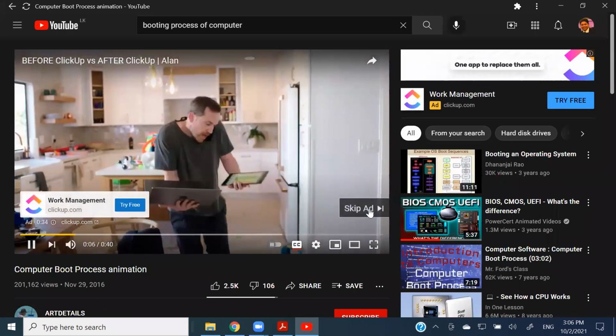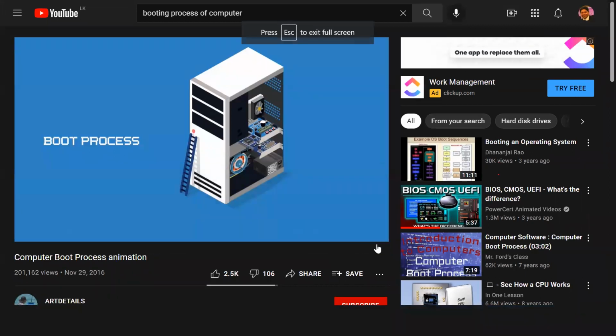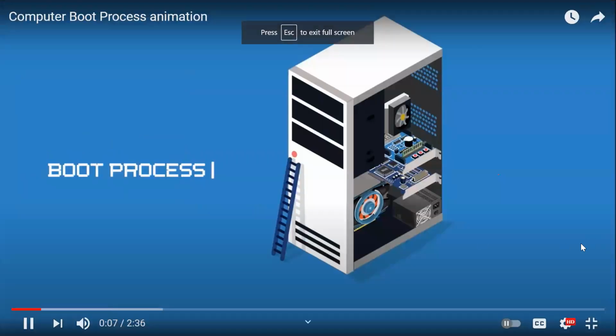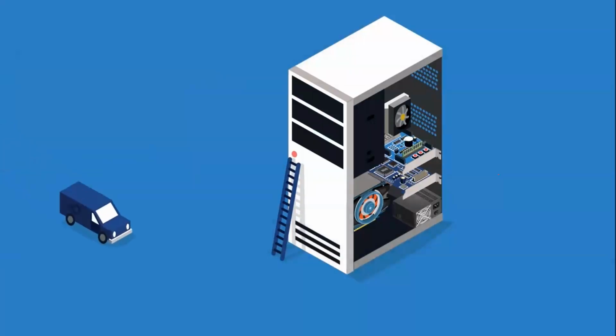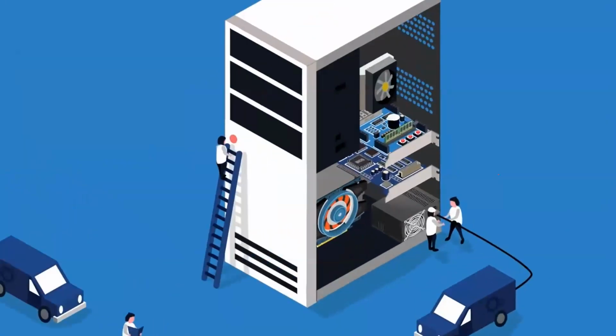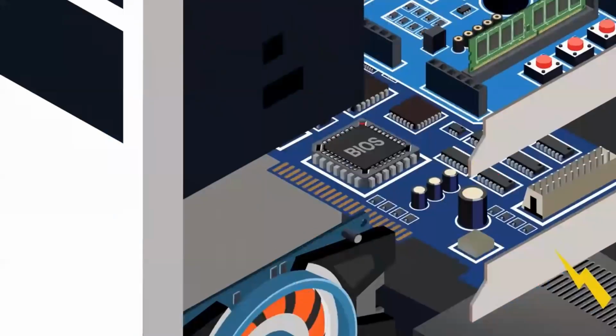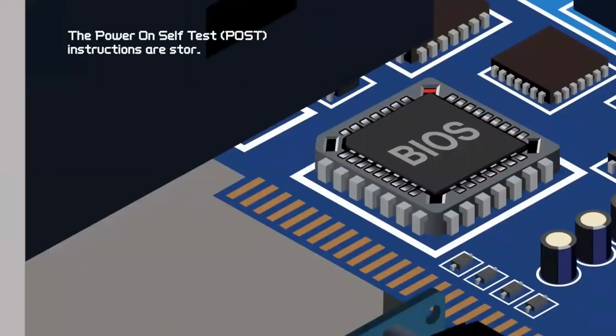Understand the boot process because it provides several key pieces of forensic information and allows you, as a forensic examiner, to control the boot process to use forensic booting tools. Let's take a look at what happens when you boot a computer. When you turn on your computer, the power supply sends power to the motherboard, which in turn activates the boot process. The Power on Self-Test, POST, instructions are stored in a ROM, a read-only memory chip, as part of the BIOS, or the Basic Input-Output System.